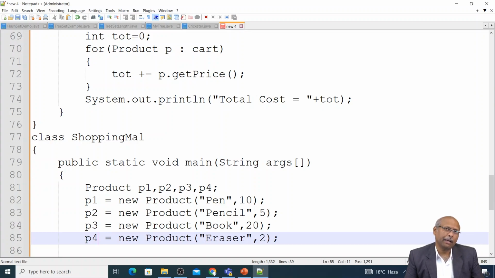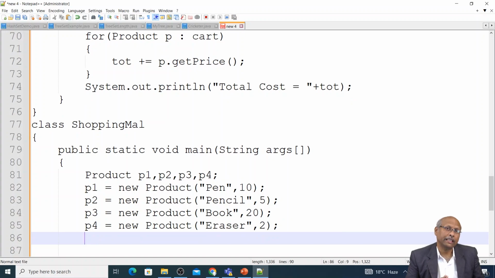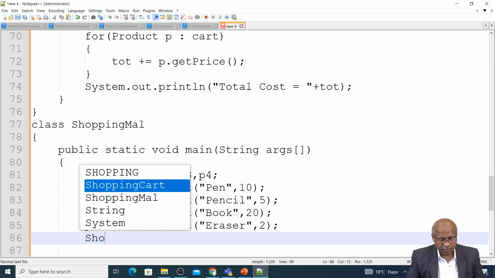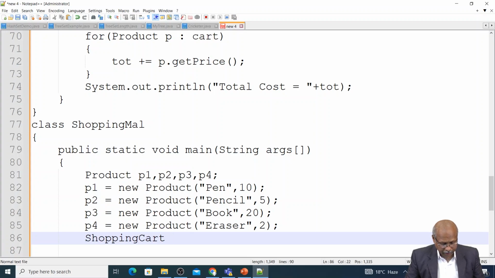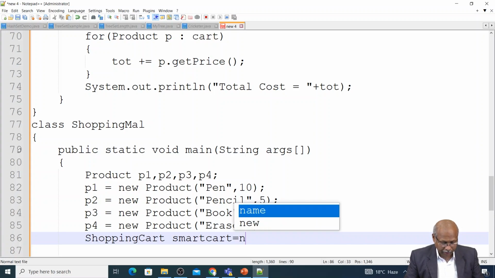Now as a customer I may choose any product. Where do I have to store this product? This product I will store in a cart. So let me have the shopping cart. Shopping cart SC, or I'll say smart cart. Smart cart is my object of shopping cart. This smart cart I will initialize, new